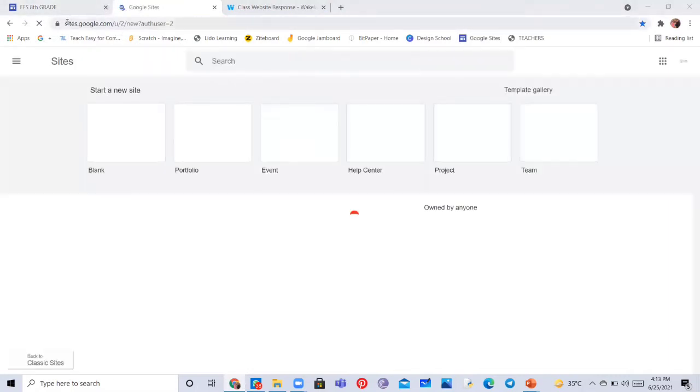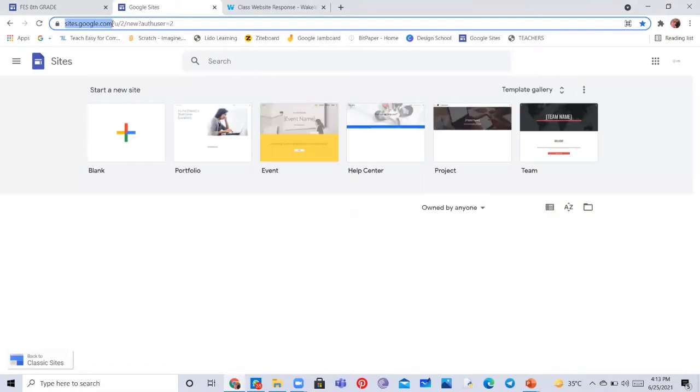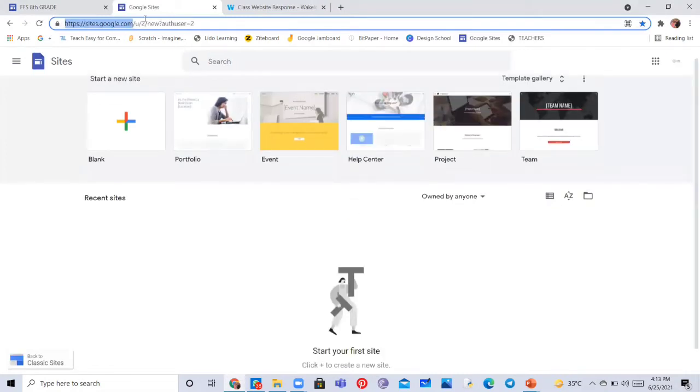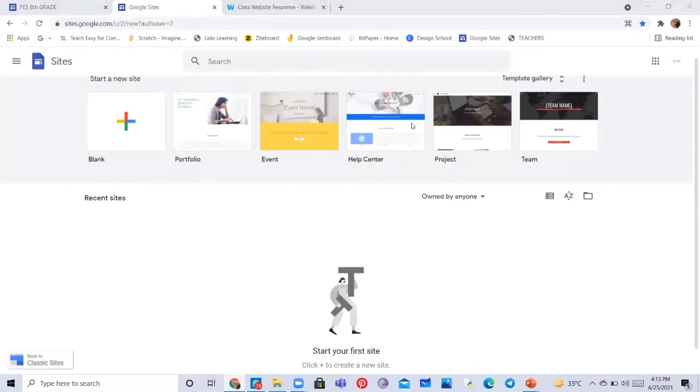I'm going to paste the link in the chat. I've shared the link of Google Sites in the chat. If you are facing any problem while opening the link, you may use that link.